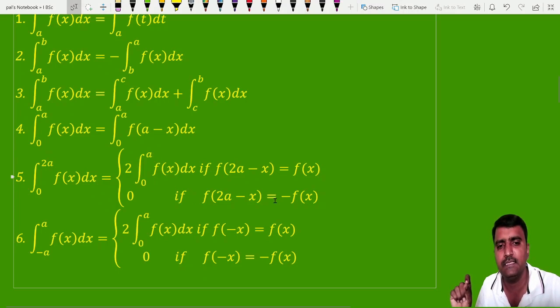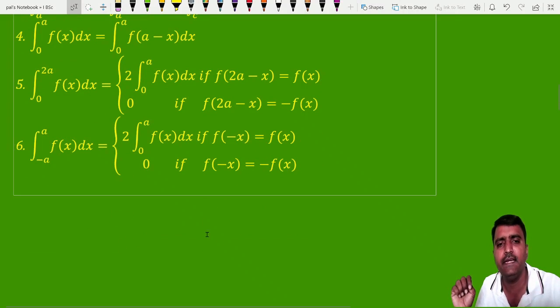Suppose it satisfies the second condition, f of 2a minus x is minus of f of x. In that case you write its value directly as 0. And minus a to a f of x dx is equal to, you can write it is